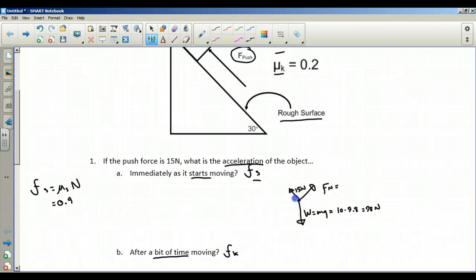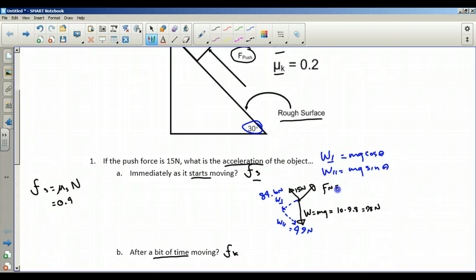And if you think about it like this, 15 newtons is not enough to overcome the down the ramp component of gravity. Remember that we can break our gravity vector into two components, a down the ramp or weight parallel and a weight perpendicular component. Weight perpendicular is going to be equal to mg cosine theta, as per our discussion on Friday, and weight parallel will be equal to mg sine theta. So this weight parallel, mg sine theta, is 98 times the sine of our angle, 30 degrees. Sine of 30 is 1/2, so we end up with 49 newtons down the ramp and